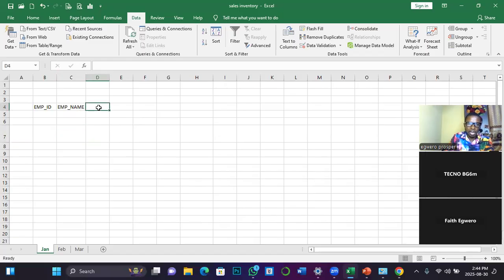Now here, their basic salary is what I want to capture. Basic underscore salary. Now, there is an error. It's a good one so that we know how to correct it.